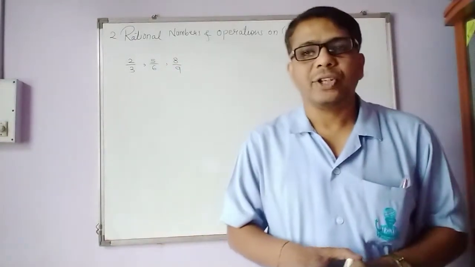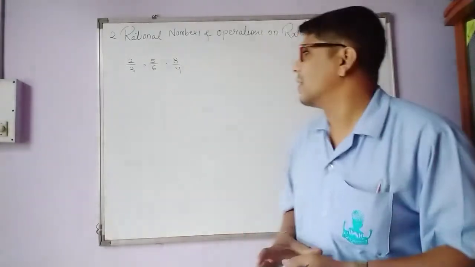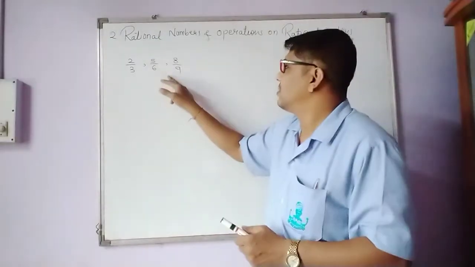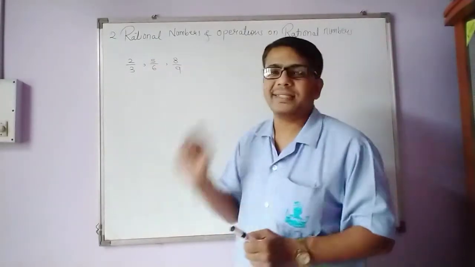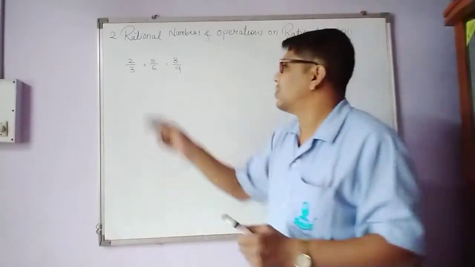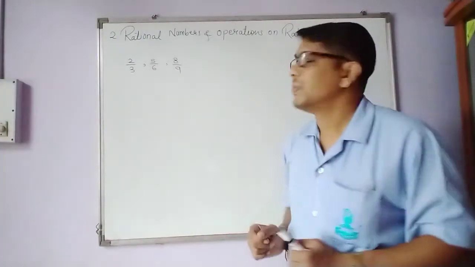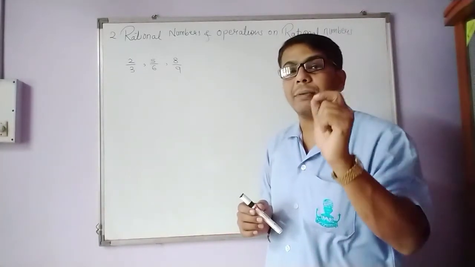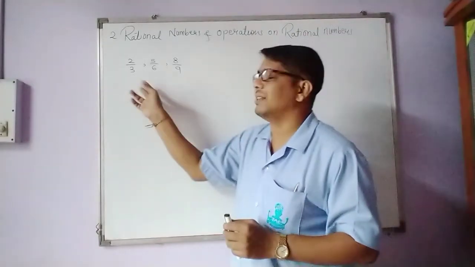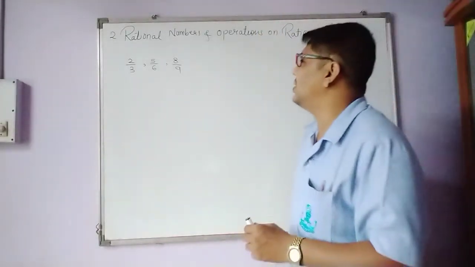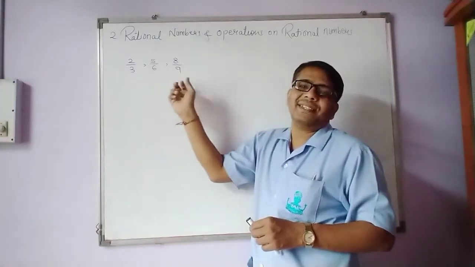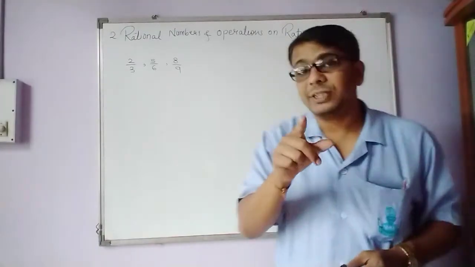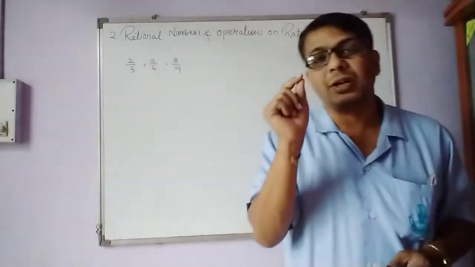Is the denominator greater in all the 3 cases? Yes, it is. Now, if it is greater, check the difference. 3 minus 2, 1. 6 minus 5, 1. 9 minus 8, 1. So they have got a common difference of 1. So at that time, the rational number with the greatest numerator is the greatest. So, which is the greatest? Can you tell me? Yes, exactly. 8 upon 9 is the greatest rational number. Okay. Remember all these clues. We are going to use them while solving the examples.